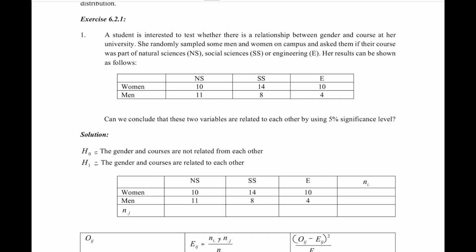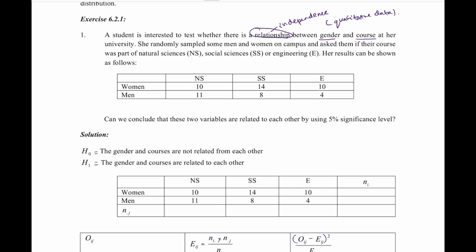Let's discuss the solution. A study is interested to test whether there is a relationship between gender and course at her university. So gender can be divided into women and men, so it is categorical data. Course can be divided into natural science, social science, and engineering, which is also categorical data. So they want to investigate the relationship. When we talk about the relationship, it is a dependent test because this is qualitative